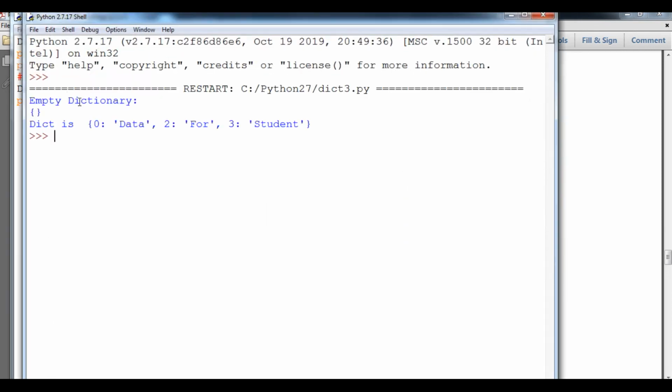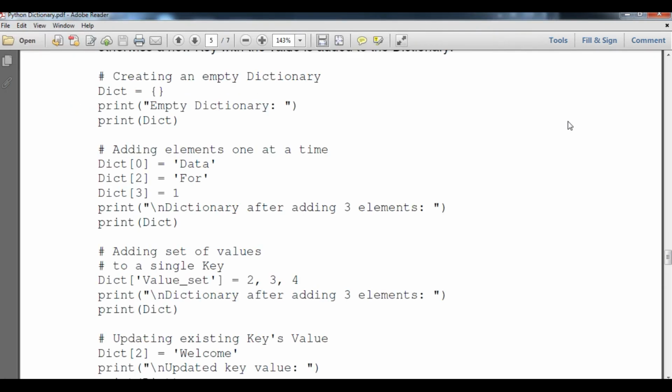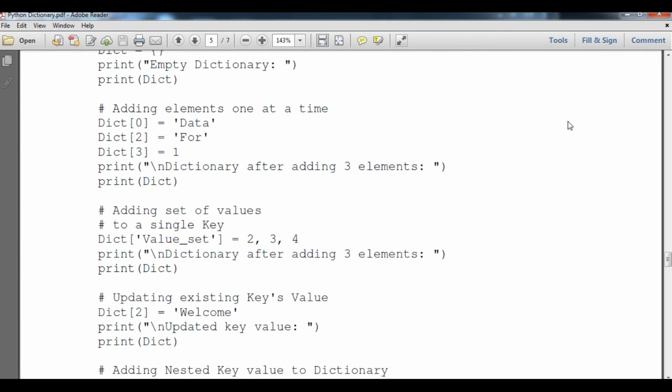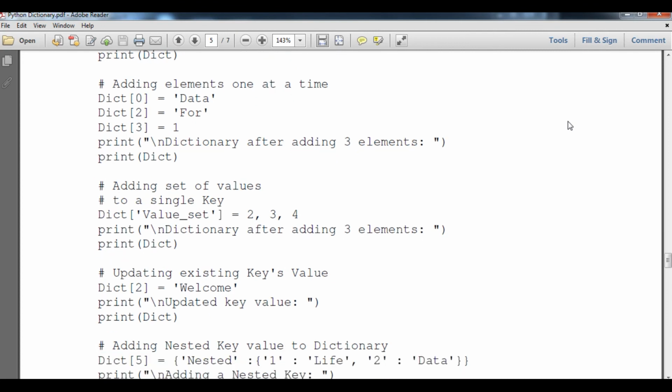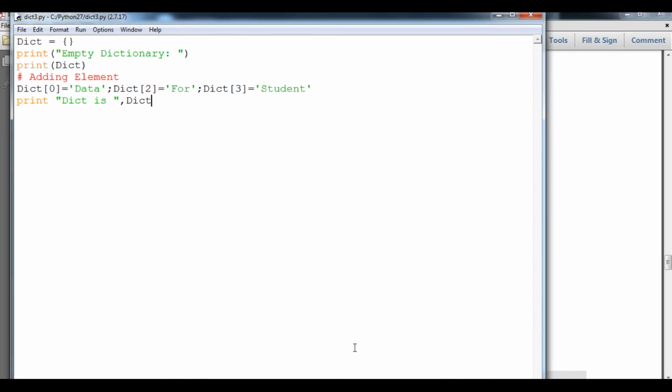Now you can see content has come, that is dict 0 of data, 2 for student, and now we are going to add a particular element by watching this example. Here we are adding a set value. Set value means a particular type, we can see that tuple.